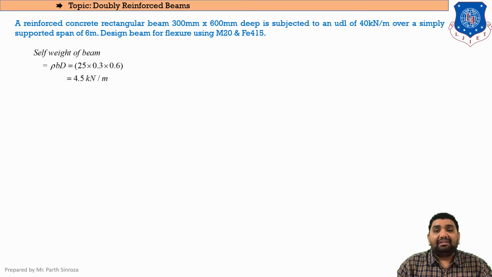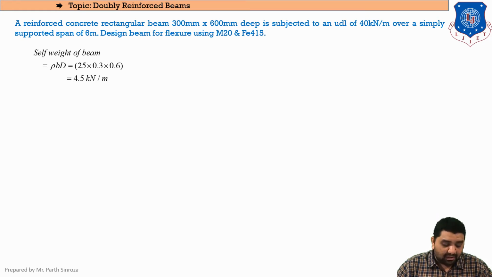Now keep in mind, if the effective depth is given in the question, then we will calculate the overall depth by assuming the cover. If the cover is given in the question itself, then we'll just add these two parts. But if the cover is not given in the question, we will always assume the cover to be 50 mm, whether in the case of a singly RC beam, a WRC beam or a T beam. So we'll always assume the cover to be 50 mm. So here rho, that is density, will be 25 kN per meter cube, width will be 0.3, and depth, that is our overall depth, will be 0.6.